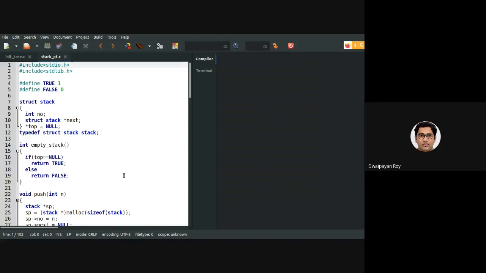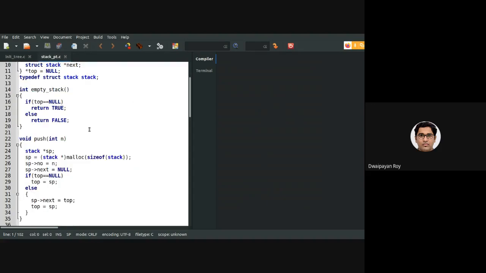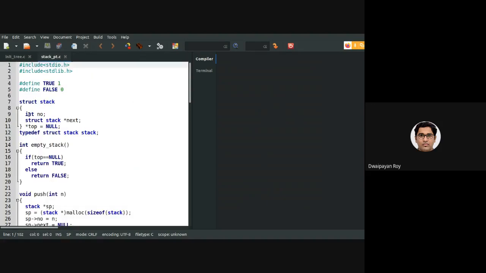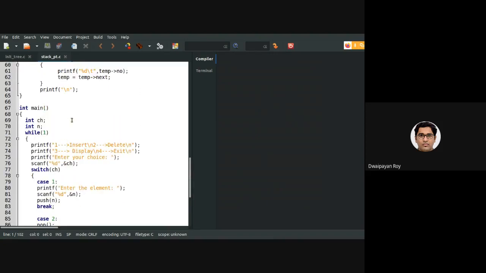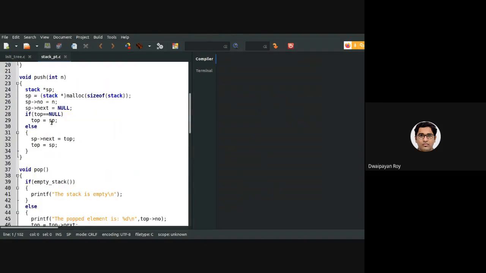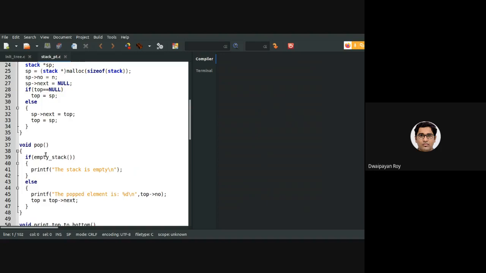So here I have written a stack using a pointer, whose data part is an integer. I'm sure that you have also written the same. Let's consider the push function.